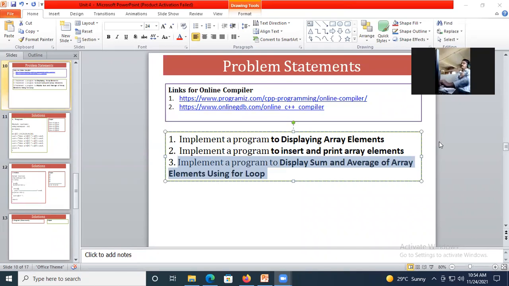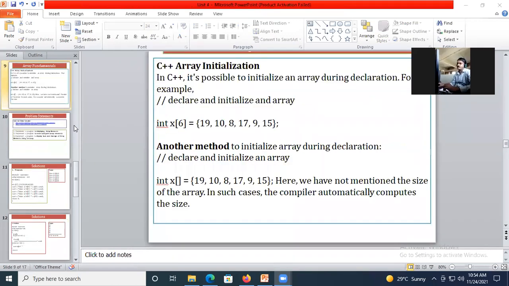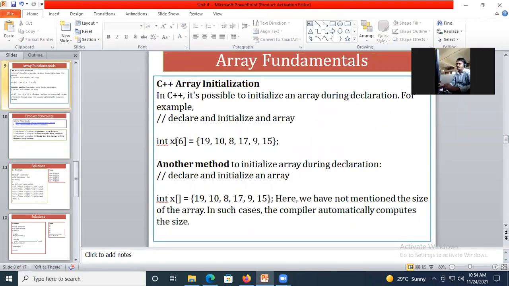It's data type, then name of array, then we are giving square brackets. Square bracket indicates the size of the array. This square bracket is required to define the size of the array variable. That means how many values you are going to store for this array variable x, and what type of value you are going to store in the array is mentioned with the data type. You can store 6 values at max for the array. This is the basic syntax.